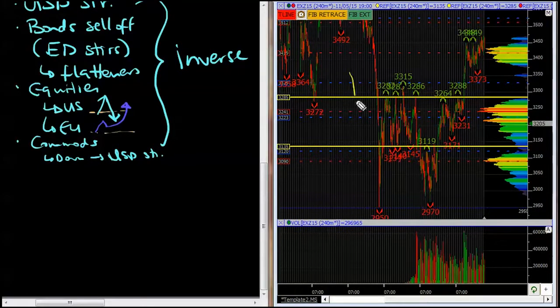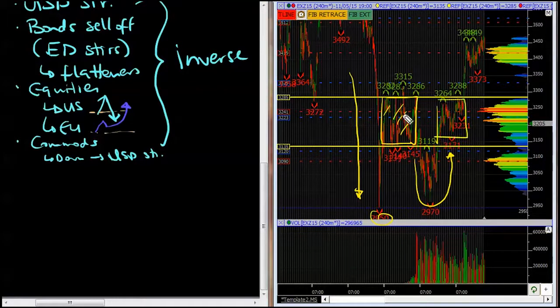We did have this precipitous move to the downside down to these 2950s. We came back, we ranged in this area in here. This is our little range in here. We came outside of the range, came back inside, held it, range in this box in here. So this is a very big and important value area that we've traded higher, broken out, and now you couldn't really say this is a brilliant looking flag. It's kind of broken, came back inside, and it's not really looking like a structure I'd like to